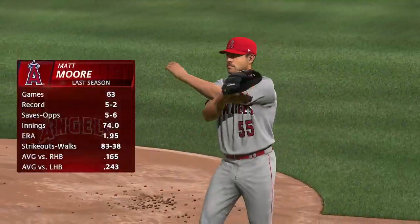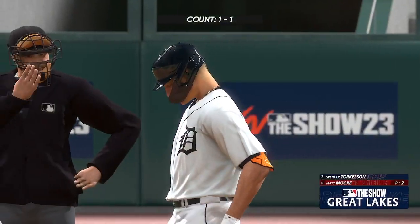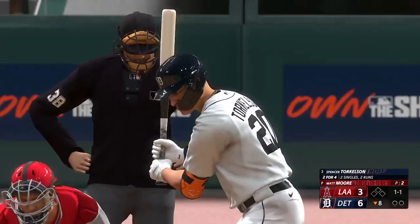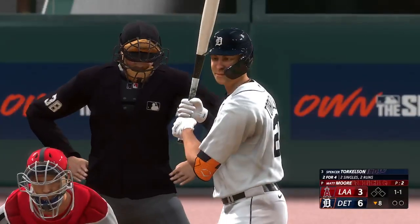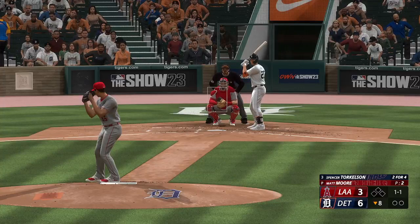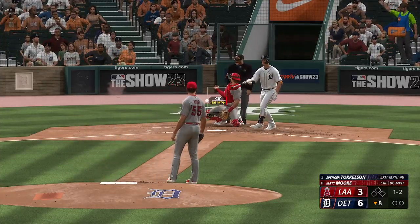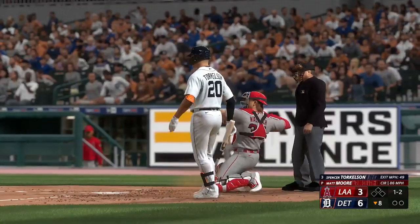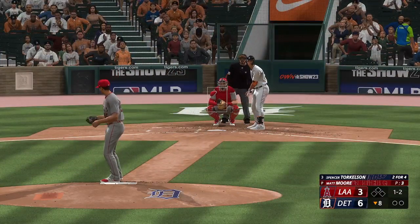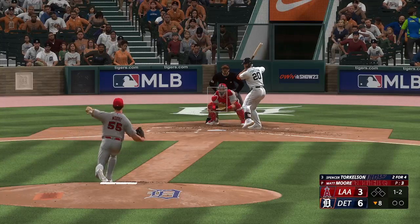So the Angels turn to their bullpen for a new pitcher, Matt Moore. And this could be a pretty critical point in this game. They're hoping he's the guy to keep them within striking distance. So digging in, Spencer Torkelson. And now the lefty